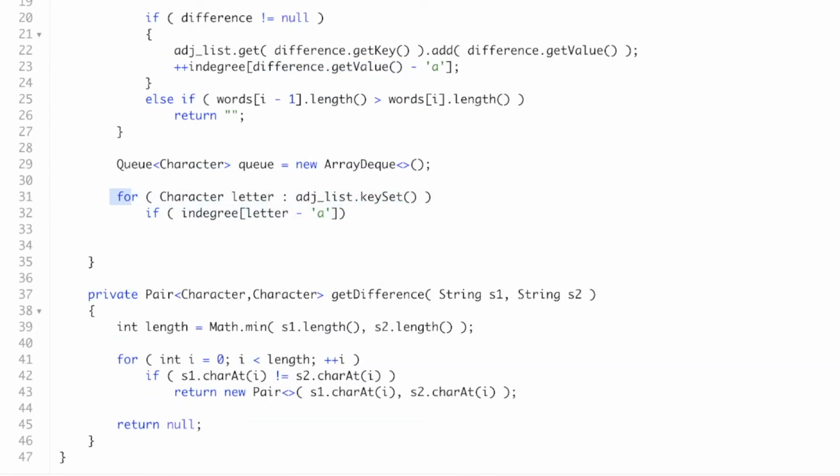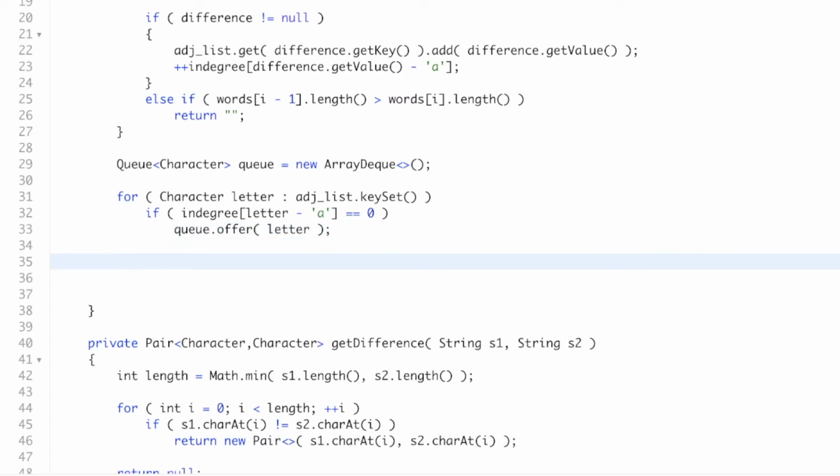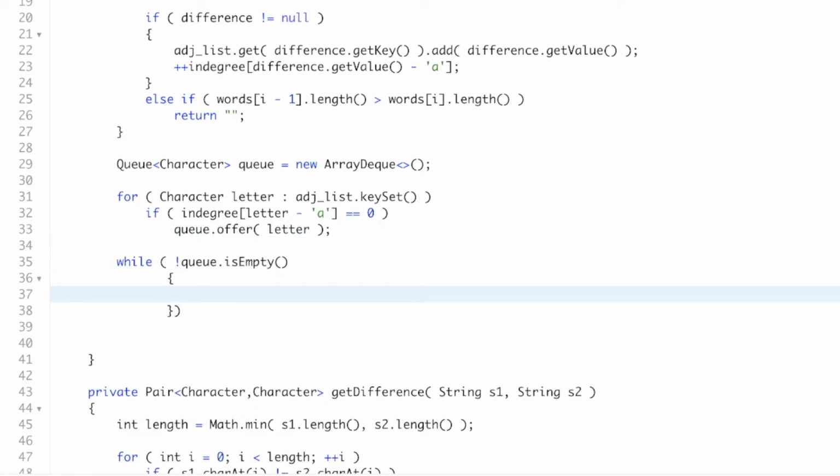So we're looping through all the letters in our key set, checking if that letter has 0 incoming edges. If it has 0 incoming edges, then we're going to put that in our queue. So let's add the letter, and now we can start our breadth first search. So while the queue isn't empty, whoa, technical difficulties? Okay, so while the queue isn't empty,